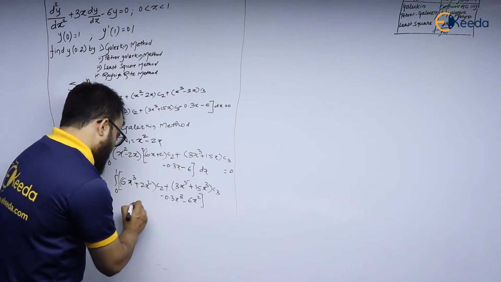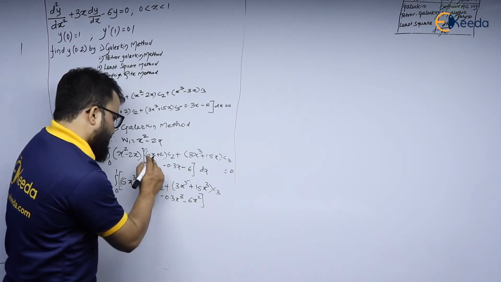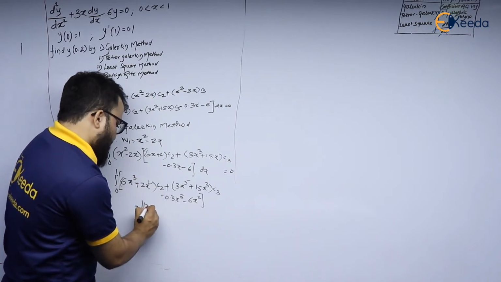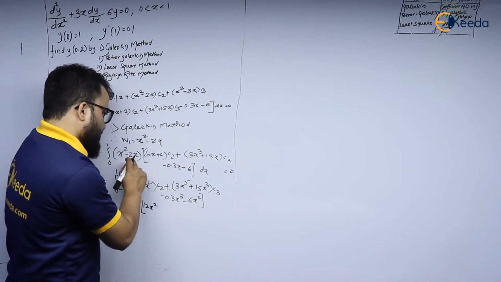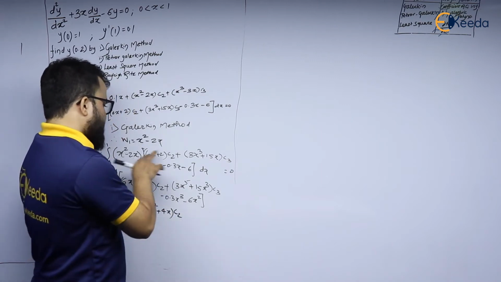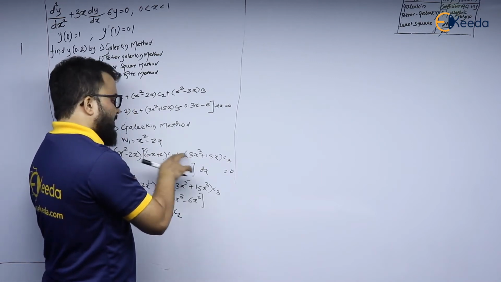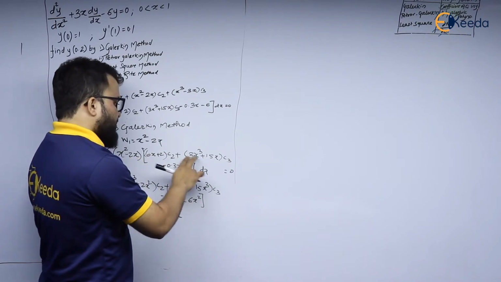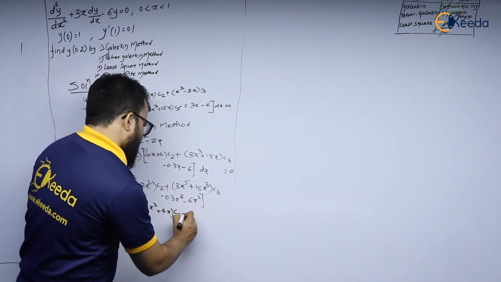So my equation becomes minus. So 2x into this becomes 12x square. This 2x becomes 4x into C2. Okay, plus this 2x should be multiplied with this bracket. So 2x into 3x cube, so that is nothing but